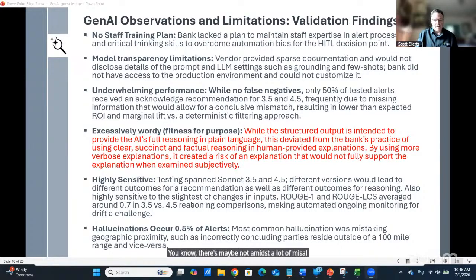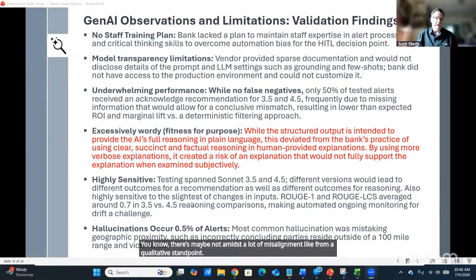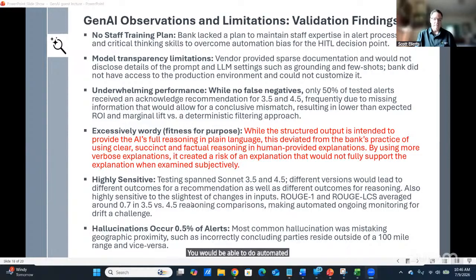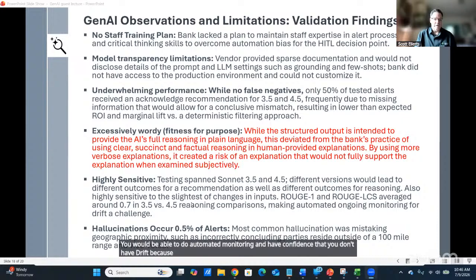From a qualitative standpoint, it was saying the same thing, but from an automated monitoring standpoint with metrics like Rouge, it was difficult to say that you would be able to do automated monitoring and have confidence that you don't have drift, because just these slight version changes produce pretty dramatic differences in your Rouge scores.